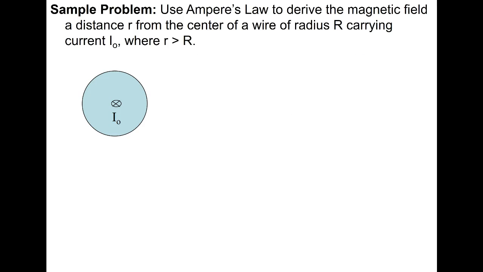We want to use Ampere's law to derive the magnetic field at distance r from the center of a wire of radius big R, carrying current I naught, where little r is bigger than big R. So in other words, we're looking at an Amperian loop which is outside of our wire. Okay, so this means that the current enclosed by our Amperian loop,